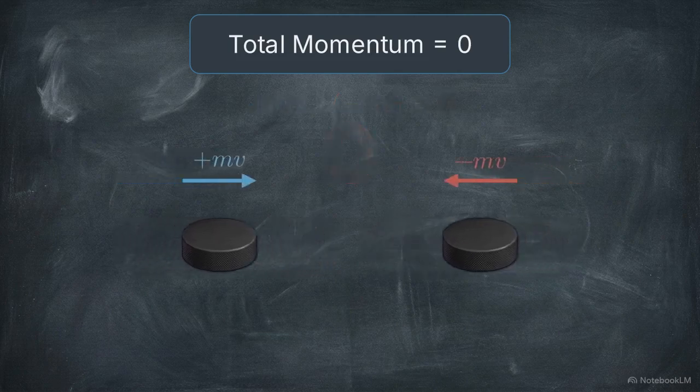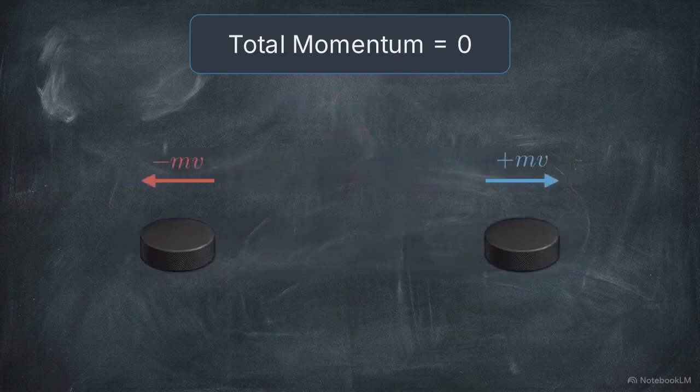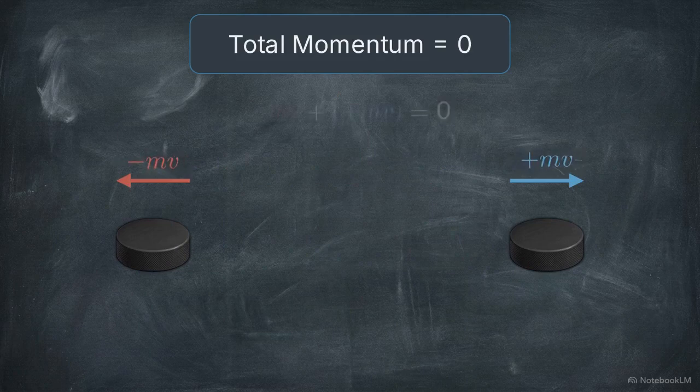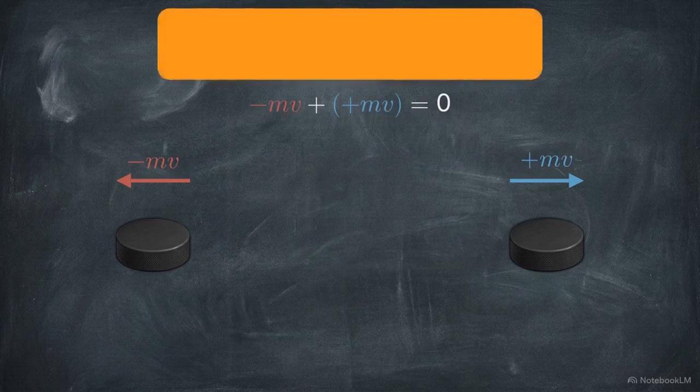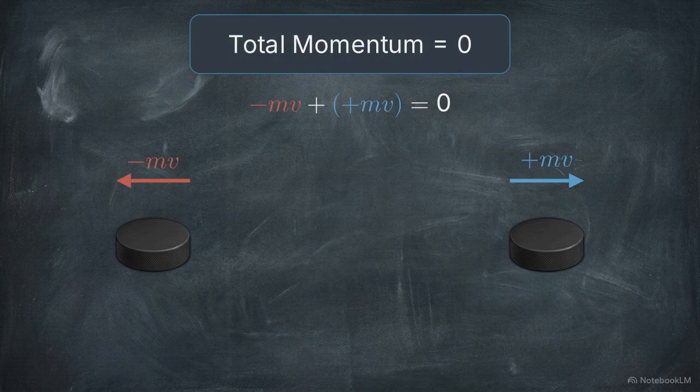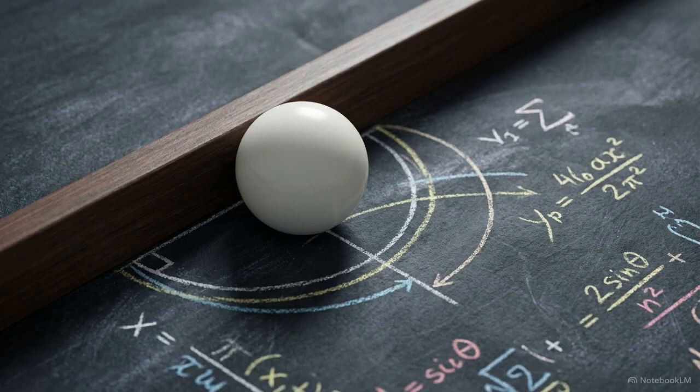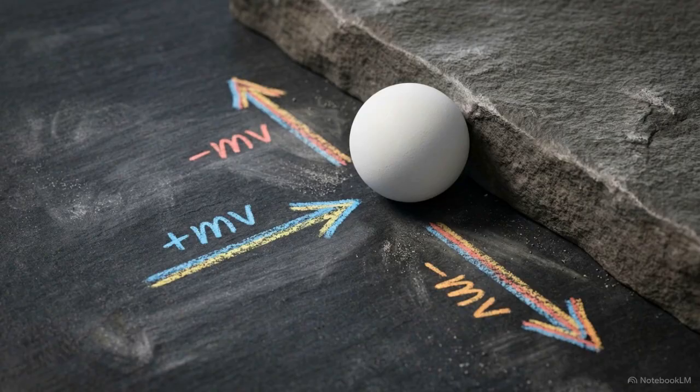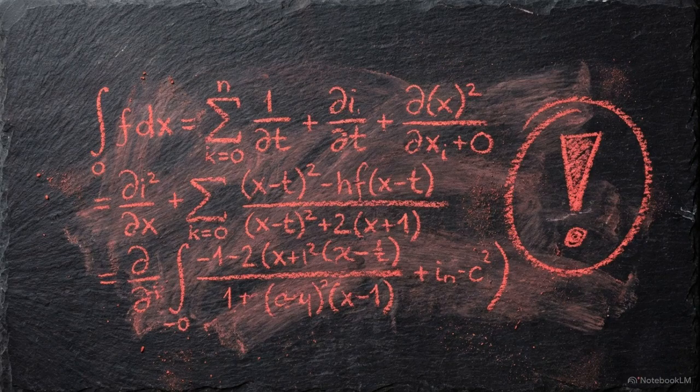If the collision is perfectly elastic, they bounce with perfect springiness. They swap their positive and negative mv values entirely, but the total sum across the system is still zero. We can stress test this rule by looking at a single billiard ball hitting a table's rail and bouncing straight back. The ball approaches with a momentum of positive mv and rebounds with negative mv. On paper, that registers as a massive, sudden change in the system's total momentum.